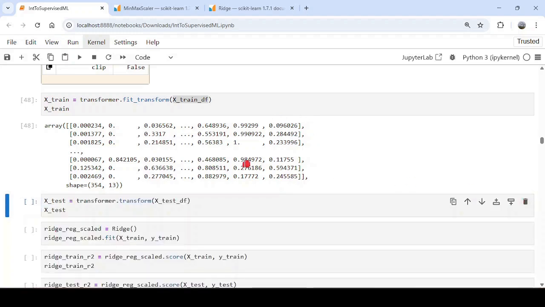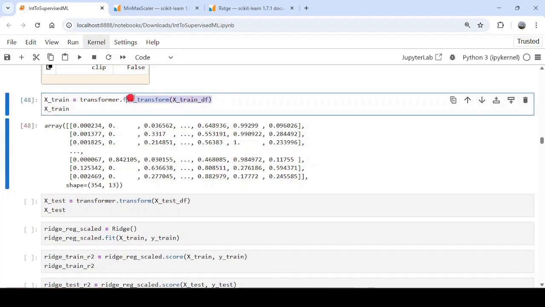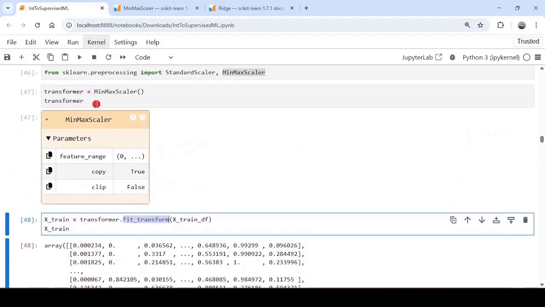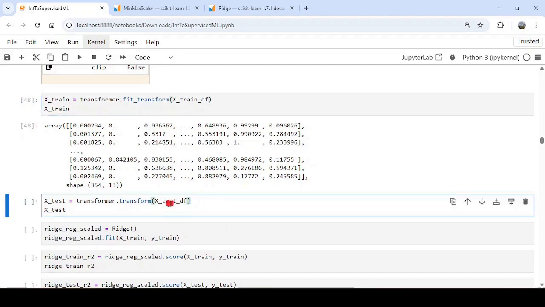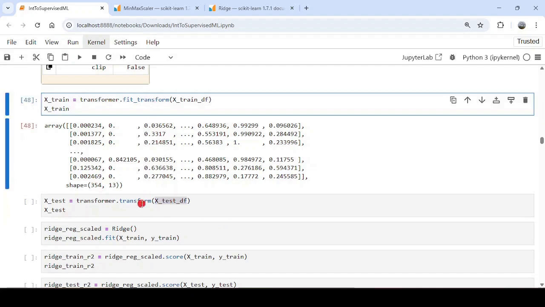Let me remove this one. And now first we have to transform the train data sets using this fitTransform method of the transformer object. Now in normalizing our data frame, the minimum and the maximum value of each covariate is going to be obtained. This minimum and the maximum value of each covariate is going to be used to normalize that of the train data frame. So for normalizing the train data frame, instead of fitTransform, we are going to use transform,